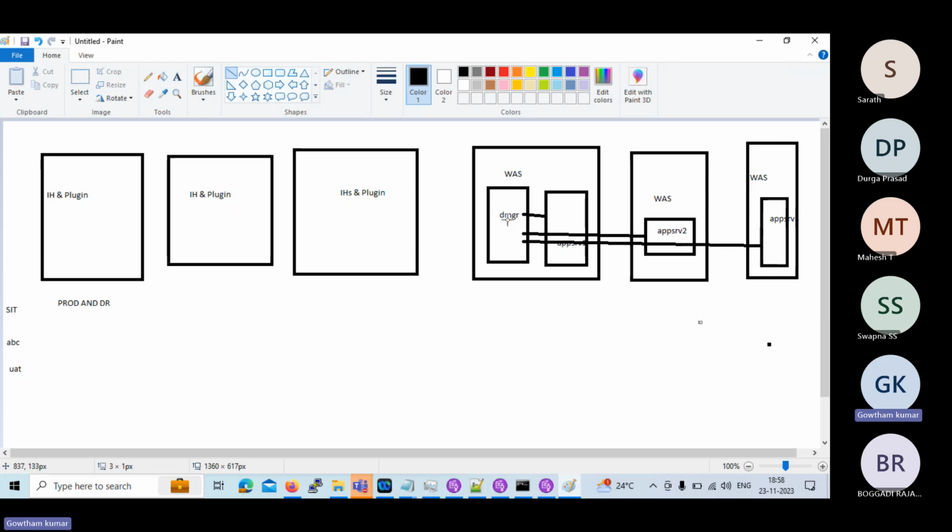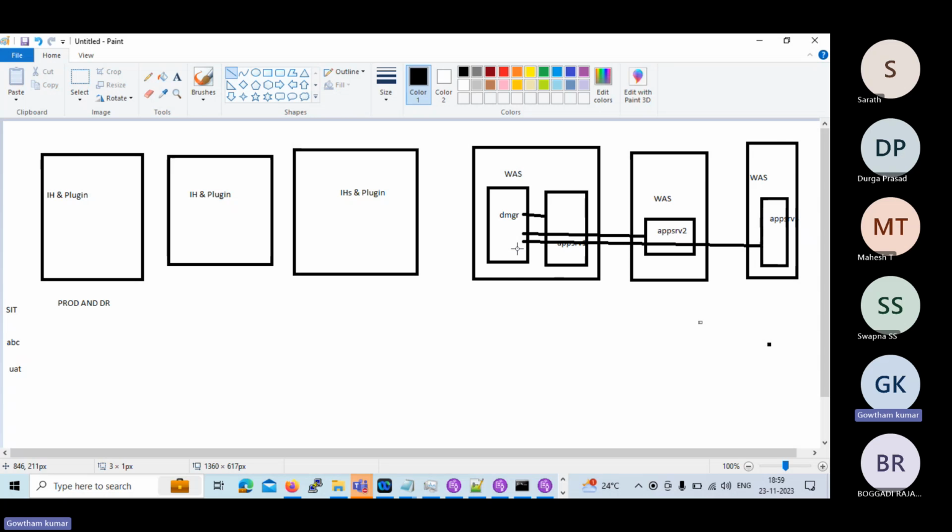Understood why we are creating it manually? If you create a cell profile, here one DMGR console, here one DMGR console, here one DMGR console, it will be 3 different isolated environments. But that is a very complicated environment, so we are not recommending that. So we will create here one DMGR and one application server profile. In the rest of the 2 servers, we will create 2 isolated application server profiles, and we'll federate all the application server profiles